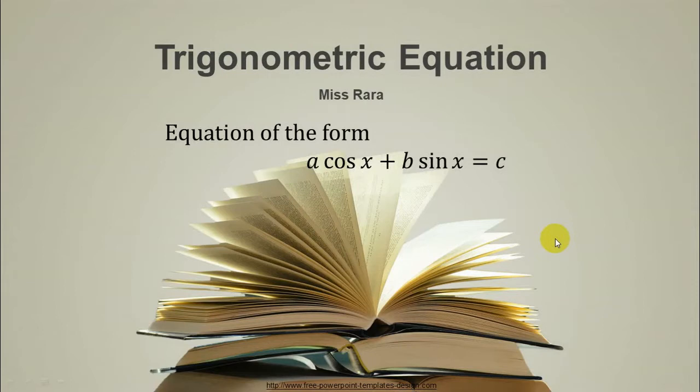Today I will explain about trigonometric equations. Okay, this equation is already part 2. So, equations of the form a cosine x plus b sin x equals c. So from here,